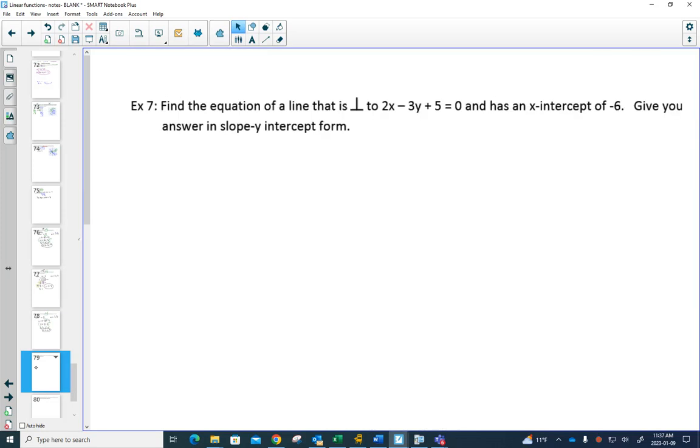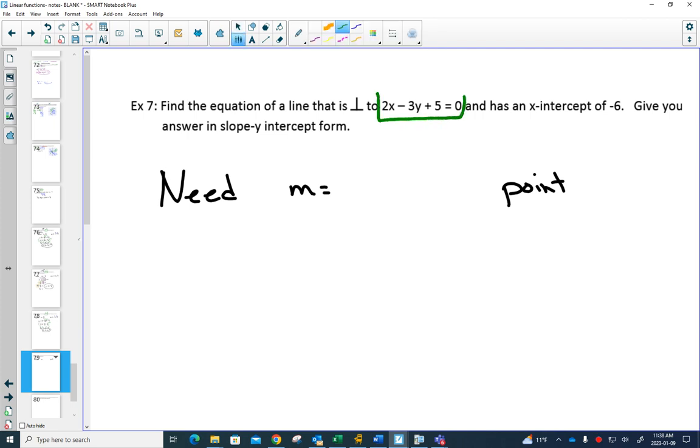Oh, I like this one. The point is a little bit disguised, and the slope is really disguised. Okay, again, what do we need? We need the slope, and we need a point. It's perpendicular to this line. But I can't see the slope of that line easily because it's in general form. So I'm going to work in green because I'm working with the green line. I'm going to change